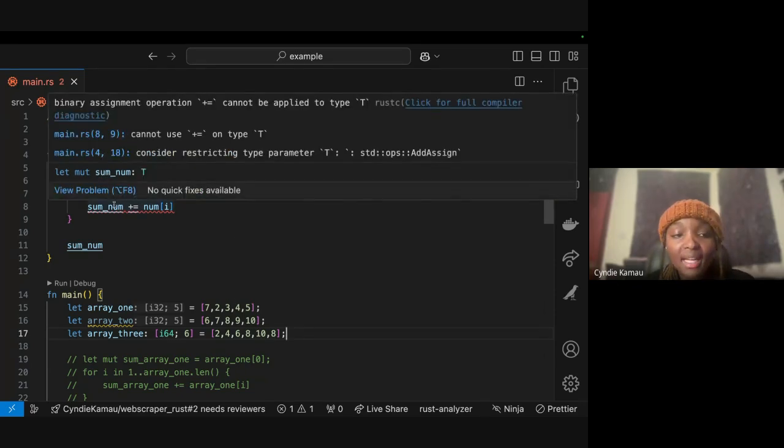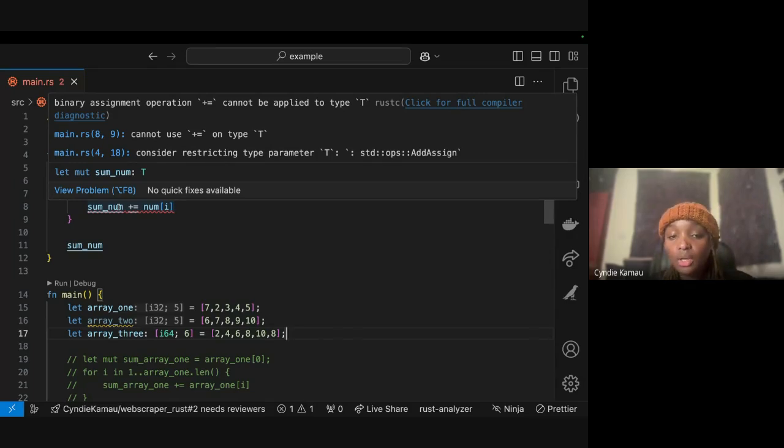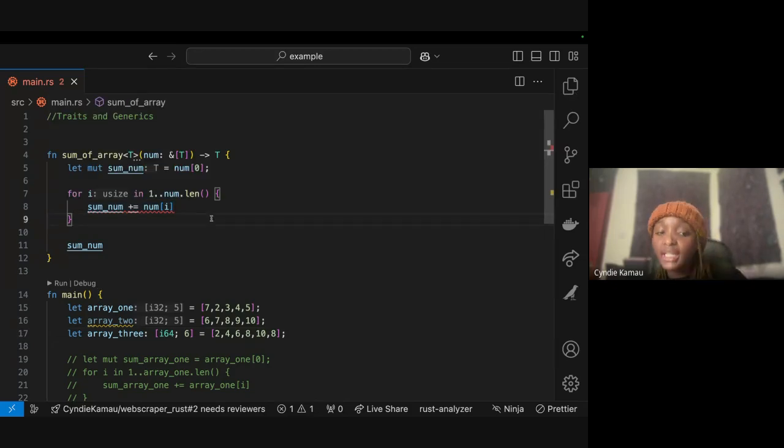So that's why the compiler is throwing this error, because it's like, okay, you've made it to be general, but if the compiler finds like an array which has another type, example like a string, how will strings be added? So this is where now the concept of traits come in, because traits, it's like you're saying, okay, we'll make this function generic, but we need to give some sort of requirements, if I can call it, right?